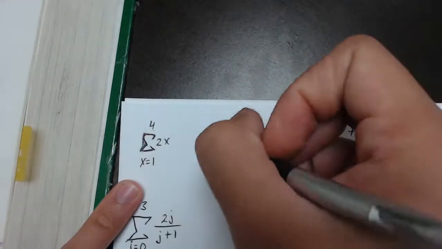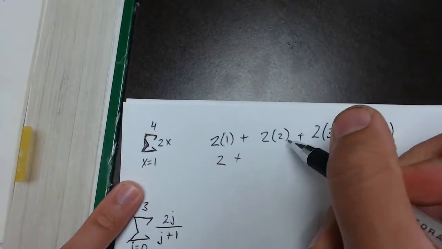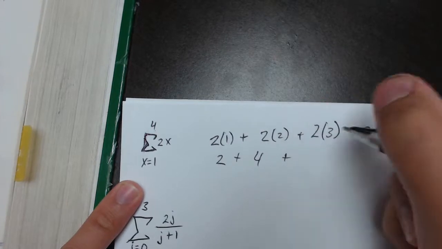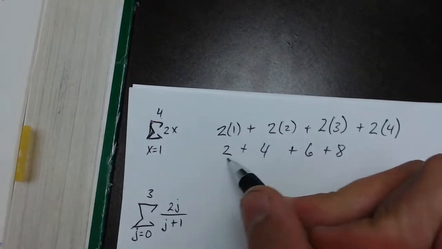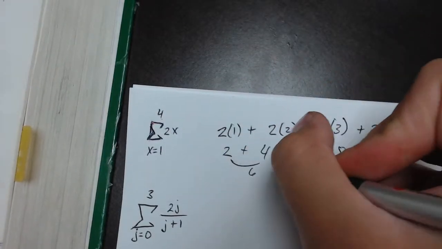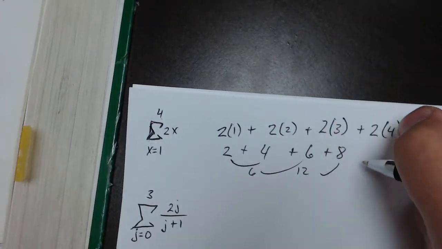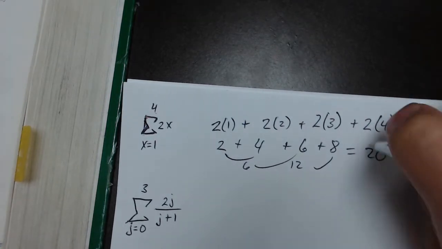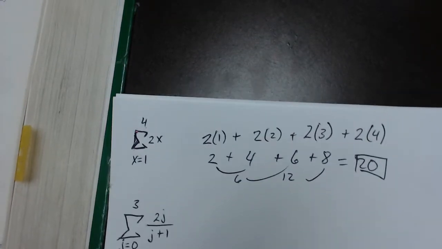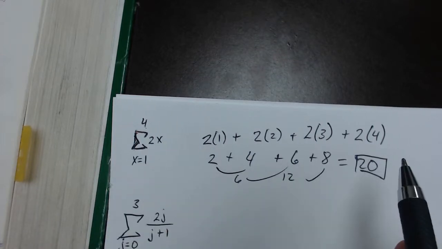So the first one, 2 times 1, is just going to be 2. 2 times 2 is going to be 4. 2 times 3 is going to give me 6. 2 times 4 is going to give me 8. 2 and 4 is 6. 6 and 6 is 12. 12 and 8 equals 20. And that's the answer. So summation notation can be very simple right here, or it can be a little bit